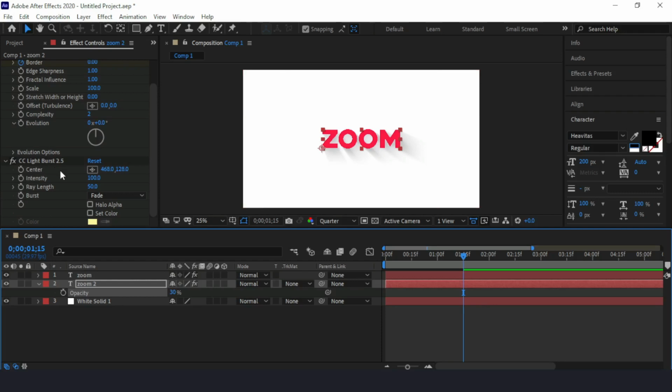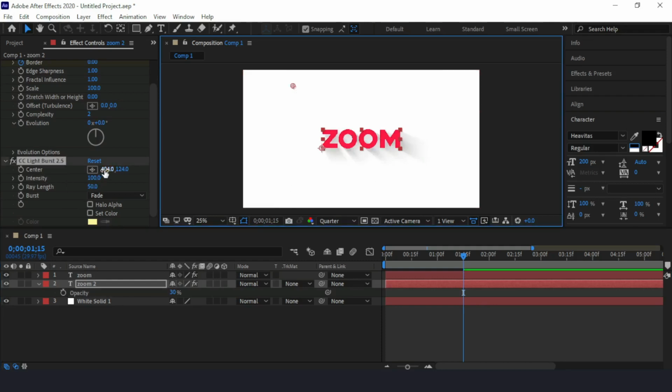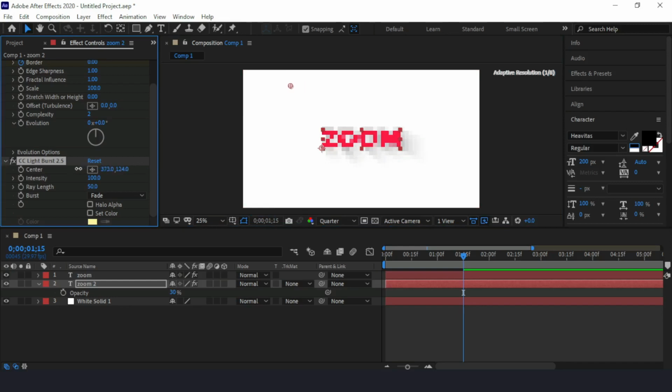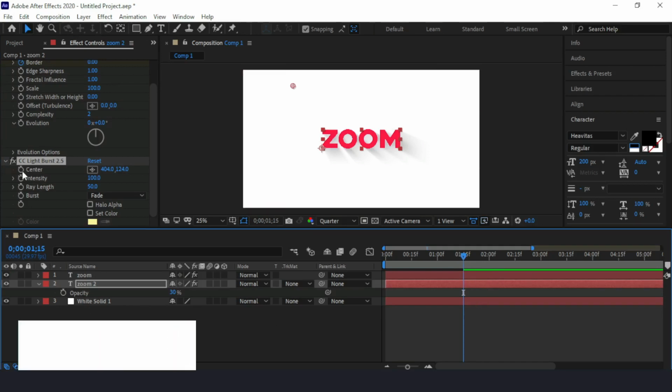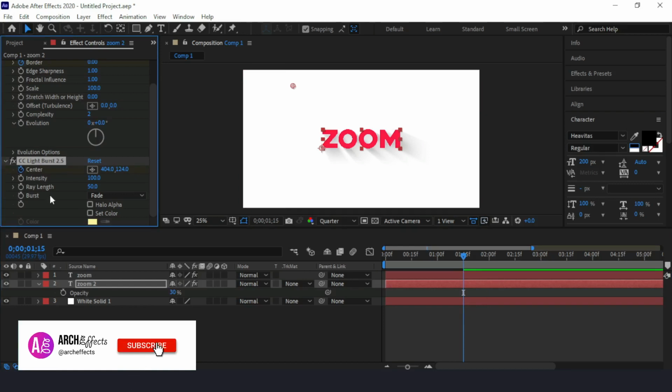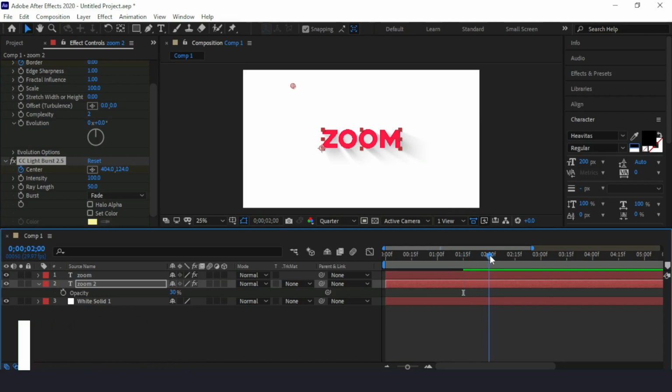Now the next step here is to add animation to the light burst. So we are going to animate this particular property. So I'll do it by moving the indicator. We'll keep the indicator at 1.15 seconds and then I'm going to add a keyframe here. Okay. Then I'll move this indicator over to 2 seconds and then